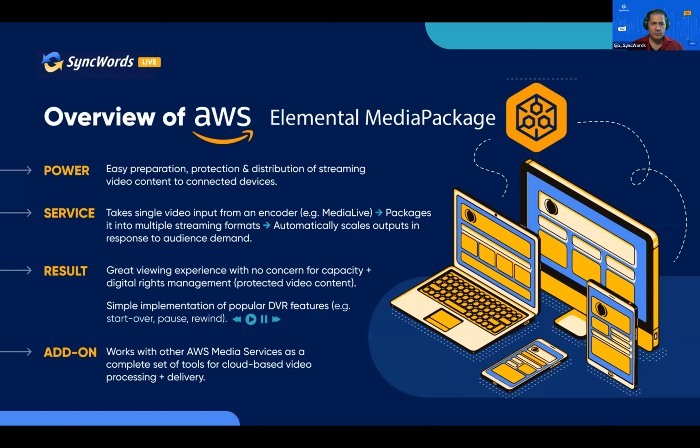For example, you can add things like DRM encryption with Media Package. You can add DVR features, where when you're streaming live, people can pause the stream. They can rewind the stream, even to the beginning of the stream, if it's set up the way you want. And this enables people to have a really excellent experience, right? And naturally, it works with the whole AWS ecosystem, leveraging things like S3 and CloudFront for content delivery